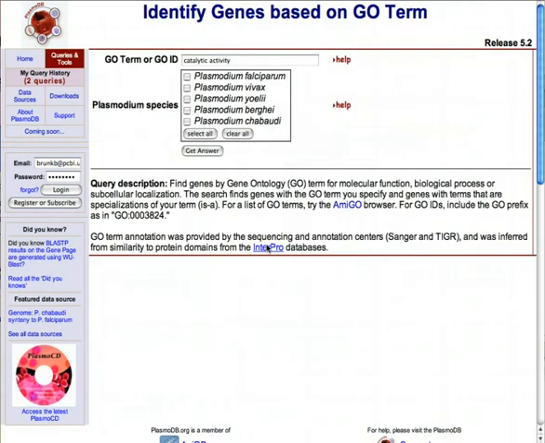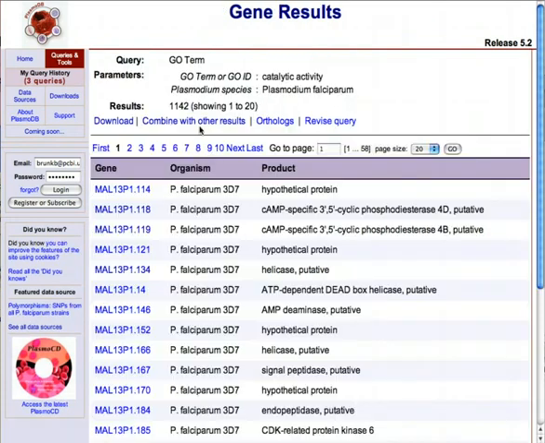We would also like to join this with a query for putative function. So if we click on our Go terms to do gene ontology function queries, we can use catalytic activity in order to get at enzymes. We could also click the AmaGo link down here and go to the Go site and choose the actual Go ID, but catalytic activity will work fine. We'll do this in Plasmodium falciparum. Choose get answer, and we see there are over 1,100 which meet those criteria.